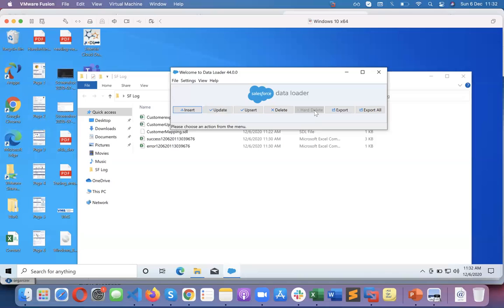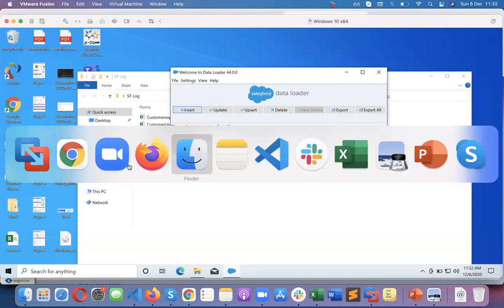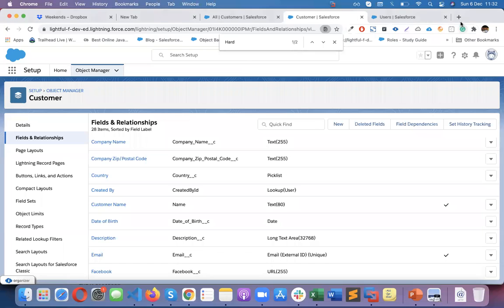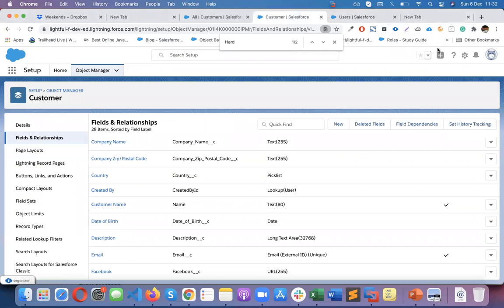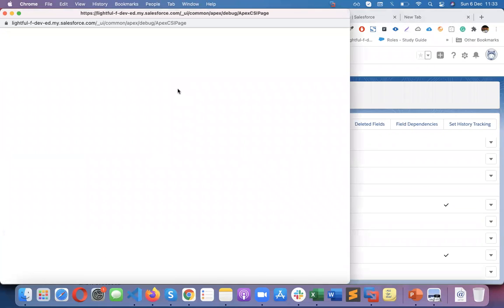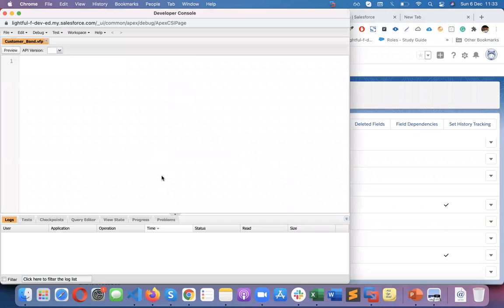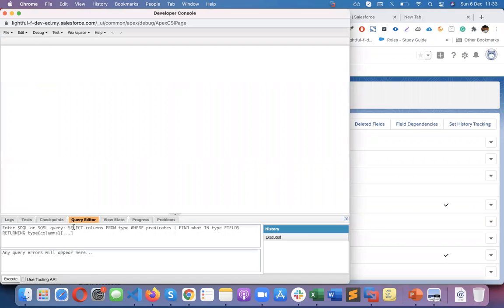Sampath, out of the topic, do we have a database for this? Meaning, can we go and query and look for it? Yes, there is. I will just show you on the workbench. Within Salesforce itself, there is a developer console. Here, the star query won't work basically. Okay. So here is the query editor. You can type select ID, name from